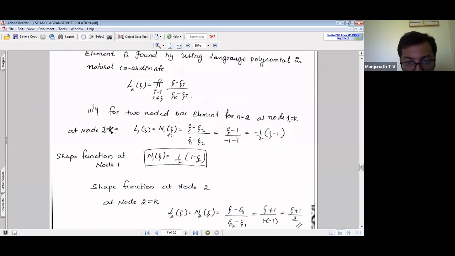So for the shape function at node number 1, at the kth node we need the shape function, so k is equal to 1. Rather than this kth node, the remaining node numbers: only the second node we have, so i is equal to 2, and you are going to write zeta 2. So this gives the shape function at node number 1. Now just substitute the zeta values here, zeta 2 and zeta 1.